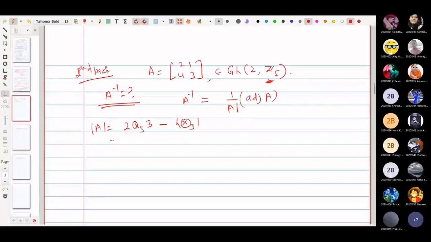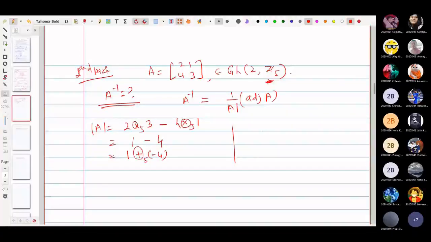1. So this is going to be 2, 3, 6. 2 into 3 is 6, and when we divide by 5, we are going to get 1. And then we have minus 4 times 1, that is 4. So this is 1, and this is negative. We can write it like plus and then minus 4. Because the elements are from Z5, of course here addition is going to be under modulo 5.